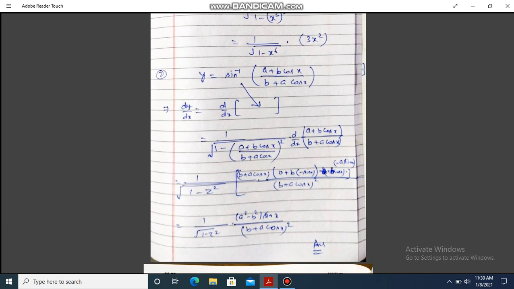So that value is 1 upon under root of 1 minus z square into, using the quotient rule we can differentiate a plus b cos x upon b plus a cos x, for which you are well aware of that quotient rule, and after simplifying you get your answer as 1 upon under root of 1 minus z square into (a square minus b square) sin x upon (b plus a cos x) whole square, where z is obviously equal to a plus b cos x upon b plus a cos x. So these are some problems that were based on functions of